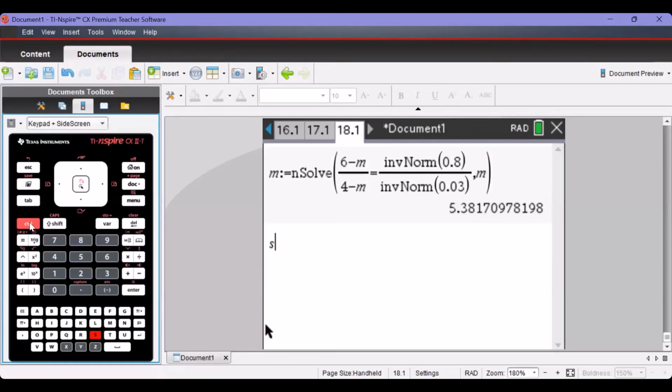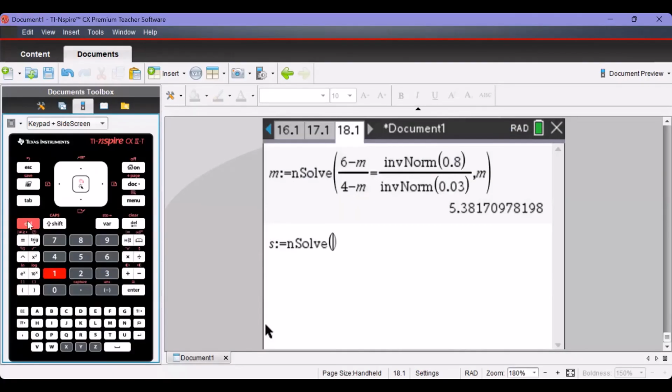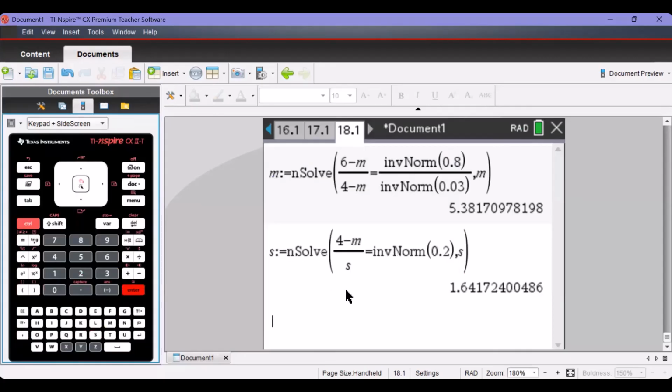So s, control symbols templates for the assign command, and then menu, 3 for algebra, 1 or enter for numerical solve, control divided by, and here we're going to type in 4 minus m on s is equal to the inverse normal, or inv norm, open bracket, of 0.2, and we're going to solve that equation for s, so comma s, press enter, and we get a standard deviation of